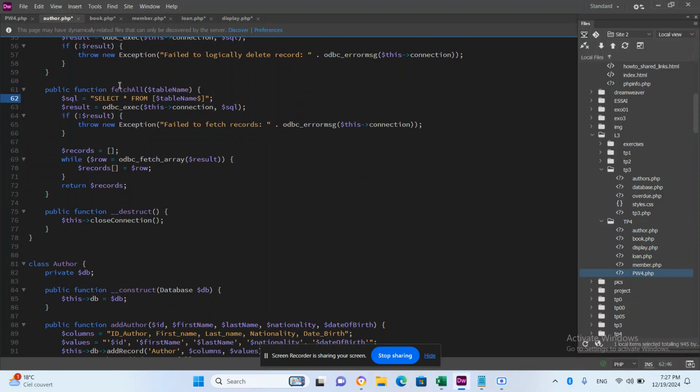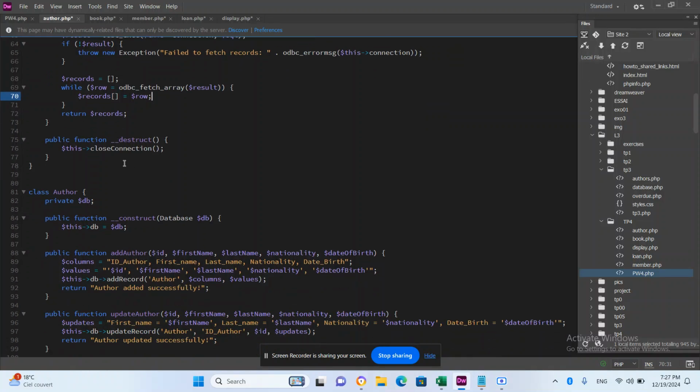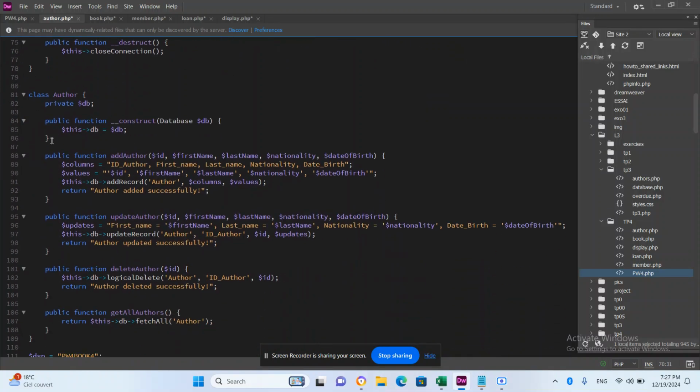This function is for the fetch all, which we use for the display tables. We use the select from table name, and we enter the table name later on when we call this function, and then we can fetch the records and display it in the table. That's all for the class of database. Now for the class of author,